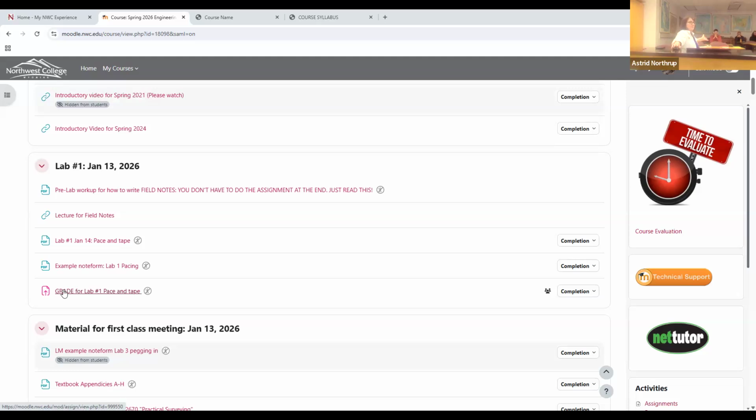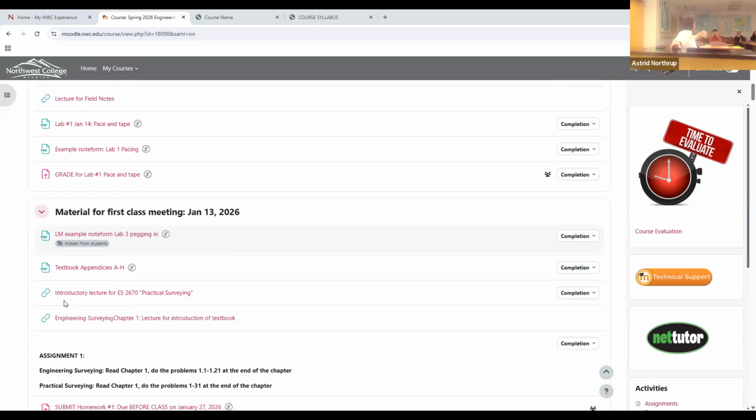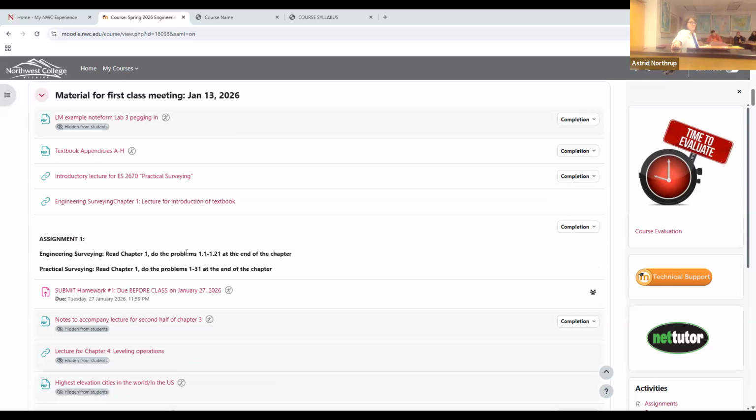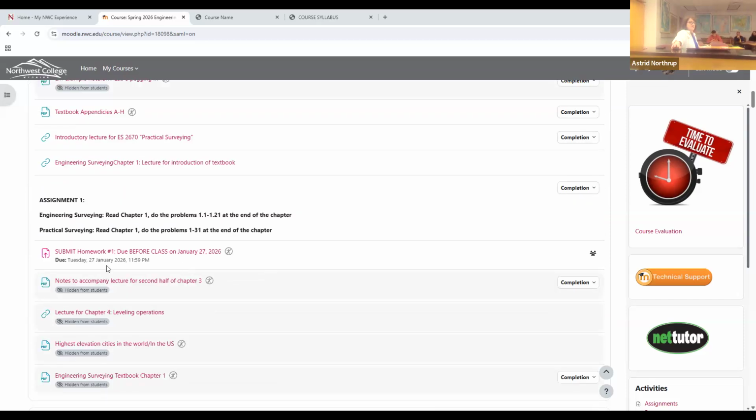Or you get 100%. The homework is a little bit more subtly graded, you know. So I do this grade, you don't have to turn anything in for your lab. But when it comes to your assignment, so engineering surveying, for example, you'll do that and then do these problems. Practical surveying, you'll read this and do these problems, and then you will submit it right here. Okay, and you'll also see it has a due date, 27th. So we have 2 weeks to get the first homework in. And it's not because it's a difficult homework. Most homeworks will be just 1 week, but sometimes it just takes a while to get used to the organization